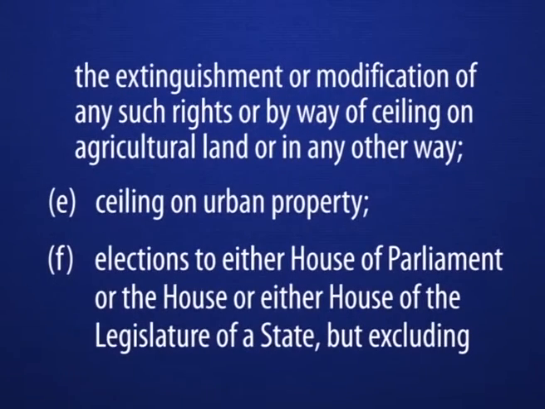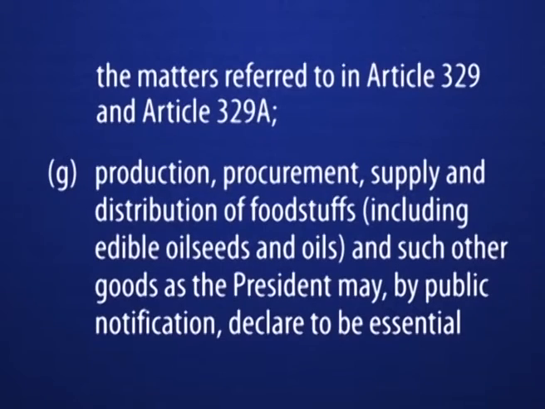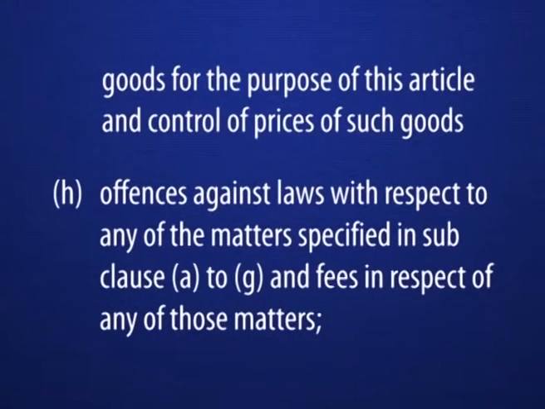elections to either House of Parliament or the House or either House of the Legislature of a state, but excluding the matters referred to in Article 329 and Article 329A. Production, procurement, supply and distribution of foodstuffs including edible oilseeds and oils and such other goods as the President may by public notification declare to be essential goods for the purpose of this article and control of prices of such